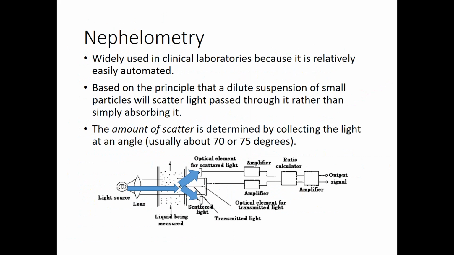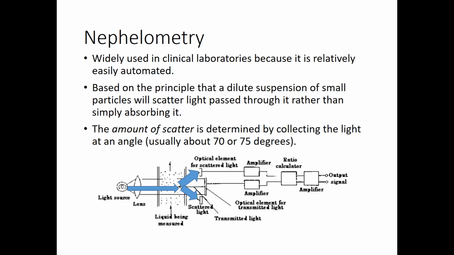Nephelometry uses a very similar process. We use this in clinical laboratories because it's pretty easy to automate. It's based on the principle that a dilute solution with particles will scatter light at, usually, roughly a 70-degree angle. So this would be a 90-degree angle, right? If it's passing through here. So it's about a 75-degree angle. The amount of scatter gets collected and then amplified and sent off to be